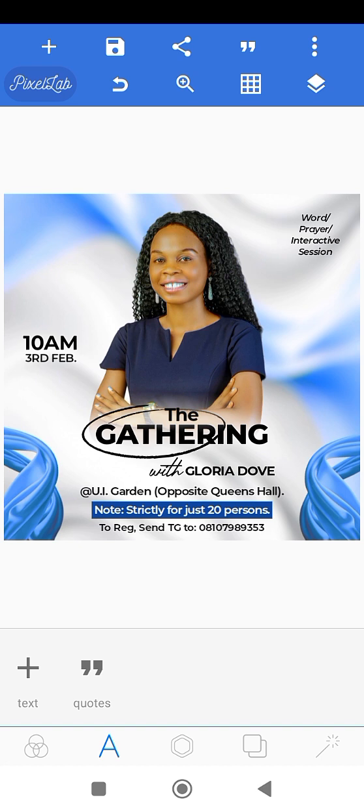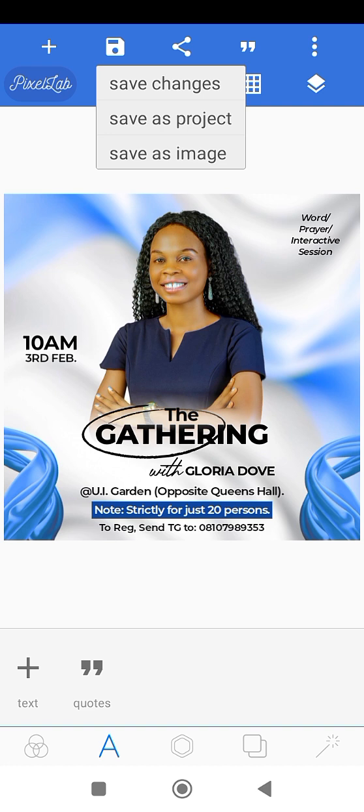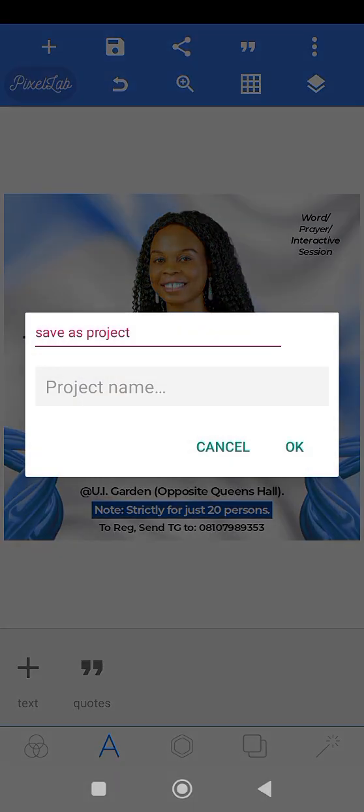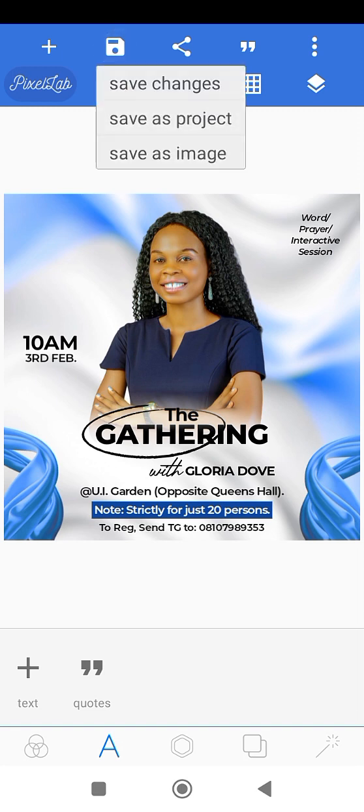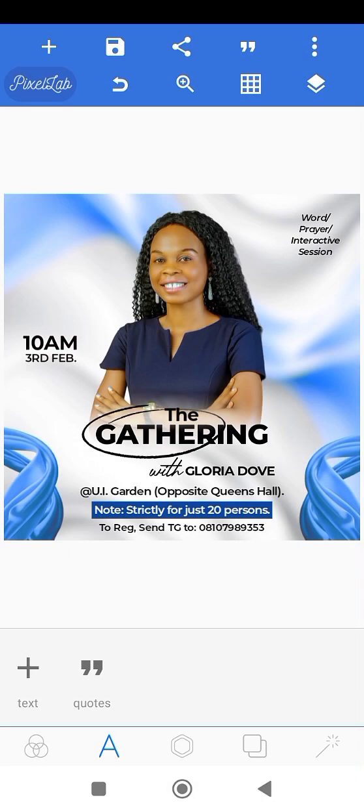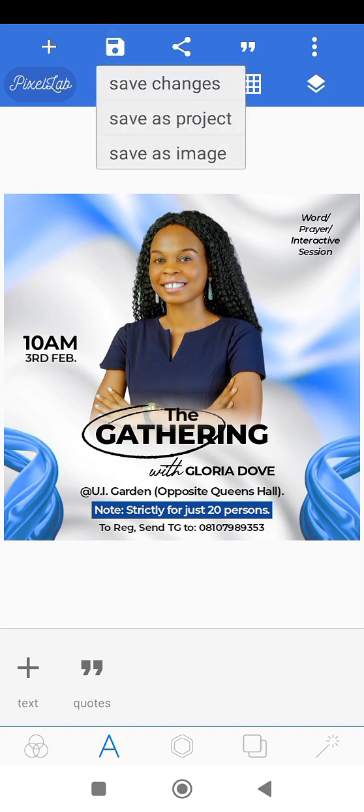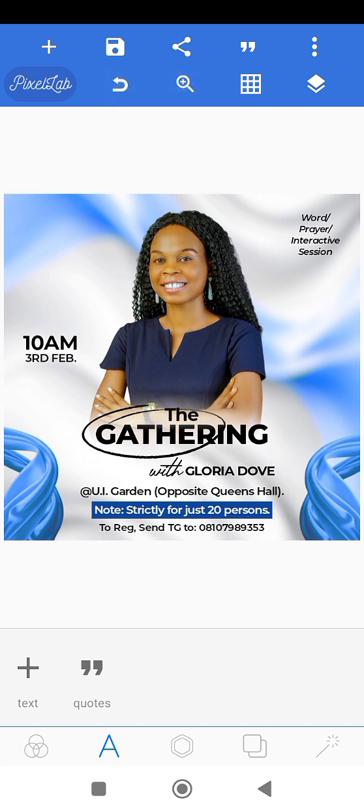All right, so once you are done, you are going to click on this save icon and save as project so that you can be able to access it in your Pixellab application when next you come, probably to make a change or stuff like that. And if you are done saving as project, you also save as image, so that it's going to save inside of your gallery on your phone. All right, so this is how I